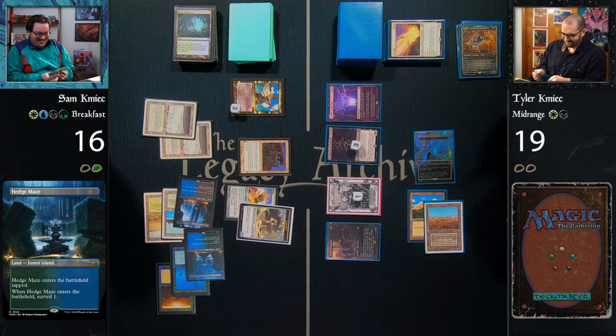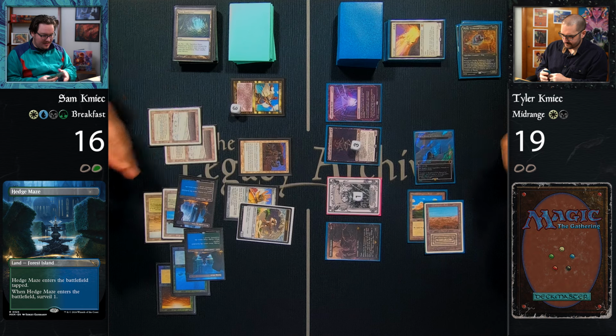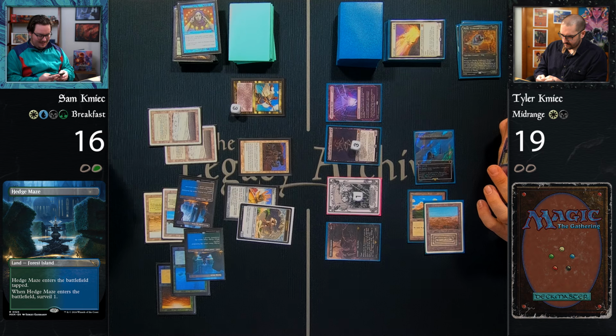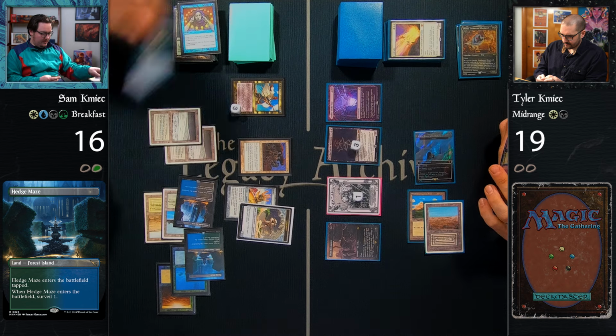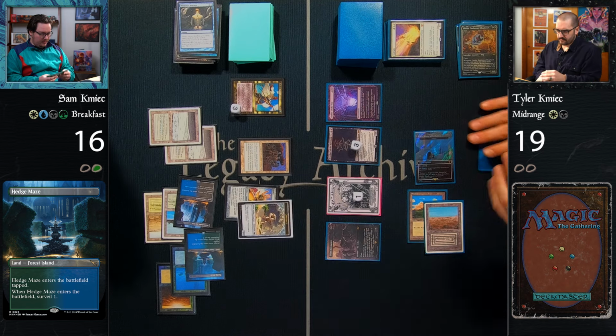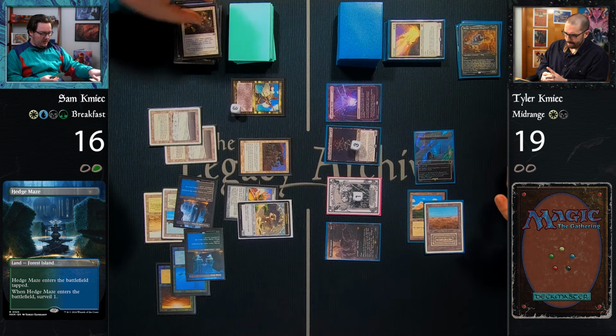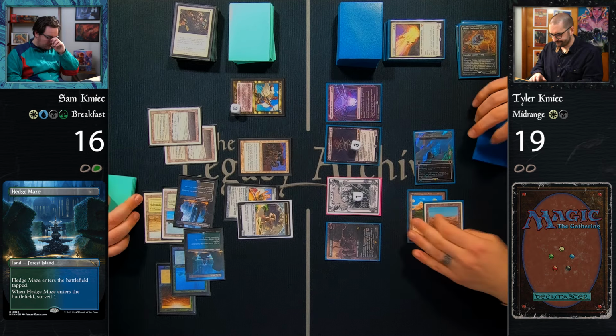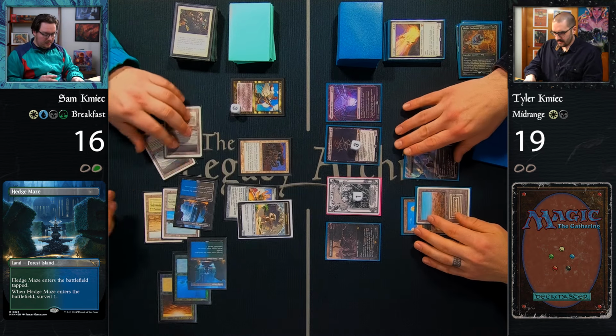They're so good. All right, I'm gonna go to discard. I will discard Brainstorm. I will discard Memory Jar. I will discard Prismatic Ending. All right, I'm gonna pass turn. Sure. And then I'm gonna stop you on your...